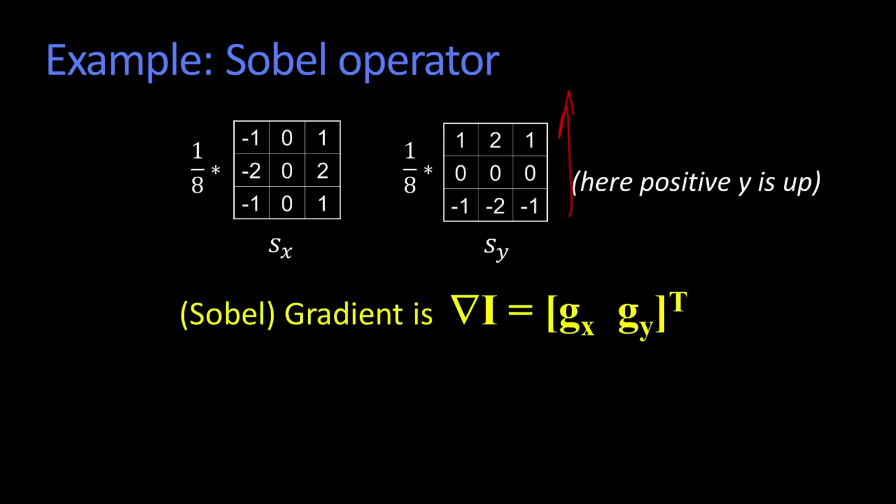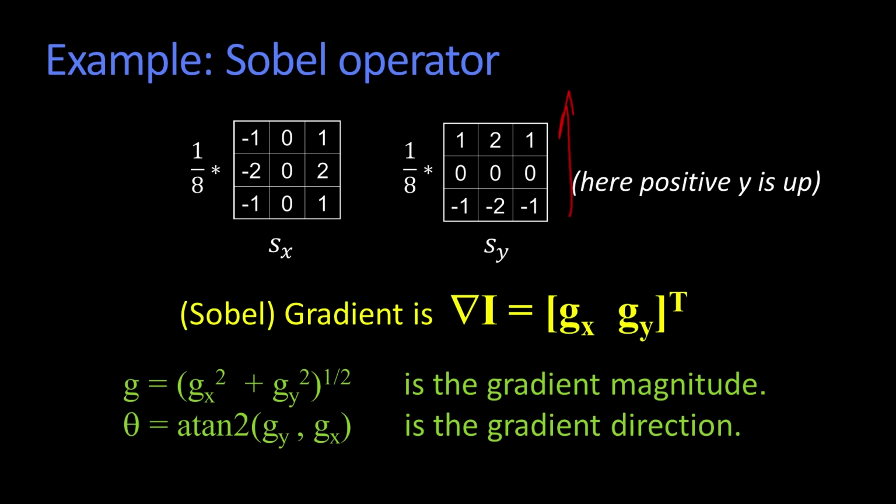All right, so the Sobel gradient would just be made up of the application of this Sx and Sy to get you these values. I should have said that Gx is the application of Sx, Gy is the application of Sy. And the magnitude is just the square root of the sum of the squares, so the magnitude is just what we did before. And here's the atan2, the arctan2 that we were talking about, in order to get the gradient direction.